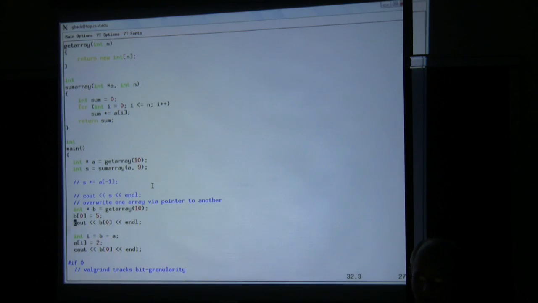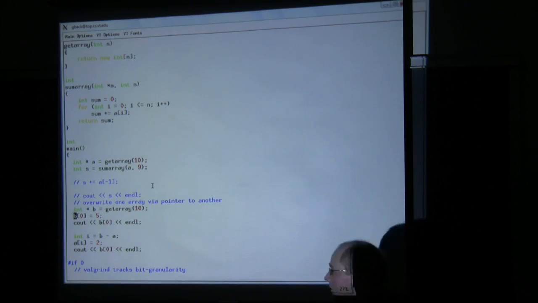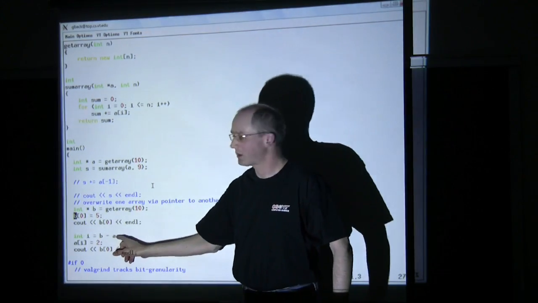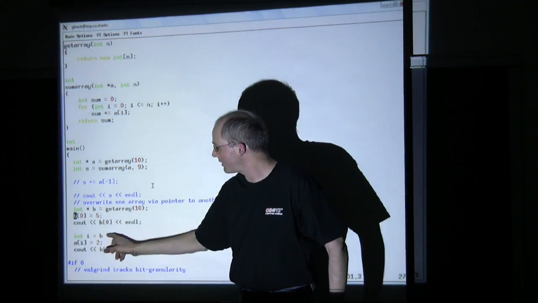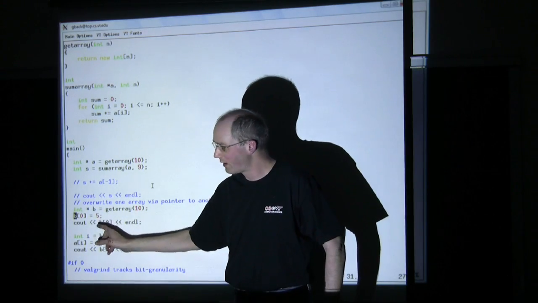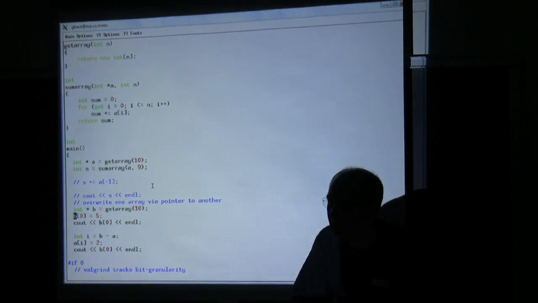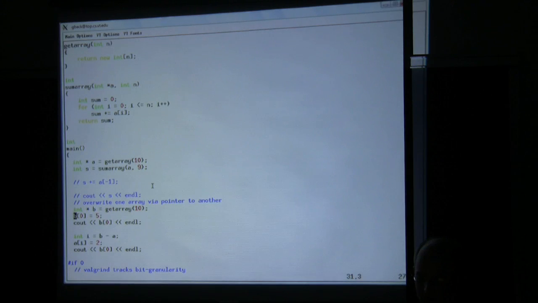When you've got your new, it just happens to be that those are close enough that your subtraction gives you an address, right? No, actually, this is by design. I'm setting I to B minus A. The C standard guarantees that this refers to B of 0. Right, but B is, you're allocating off your heap up there from the array. Yeah. And so you're allocating 2 arrays, and they happen to be, No, so let me say what happened in